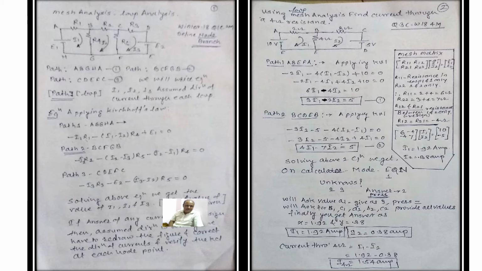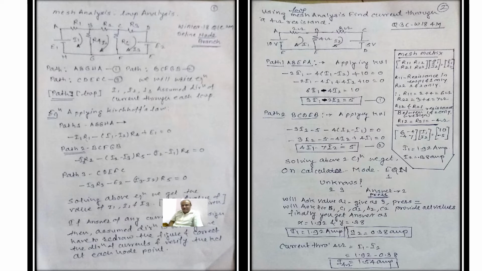The sign conventions we use in Kirchhoff's law are as follows. If we travel from A to B and the battery is first negative, then positive, it is called a rise in potential, considered as plus E. When we travel from A to B and the battery is first positive, then negative, it is called a fall in potential and considered as minus E.